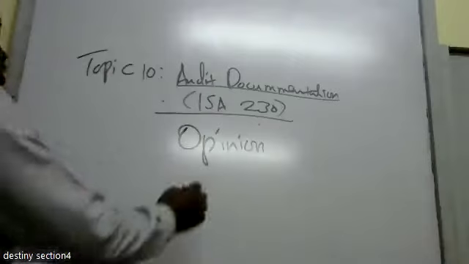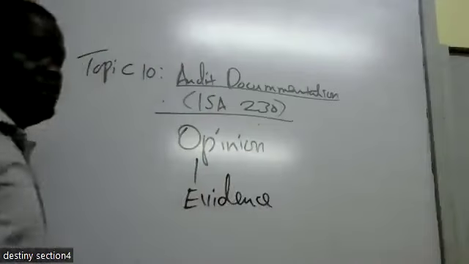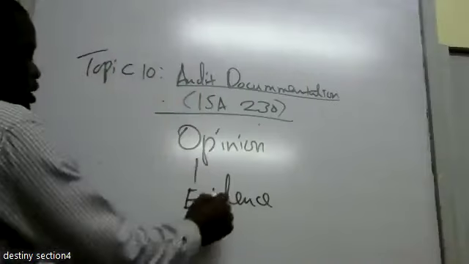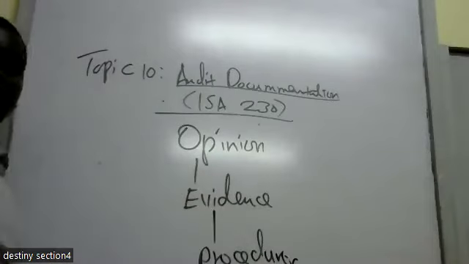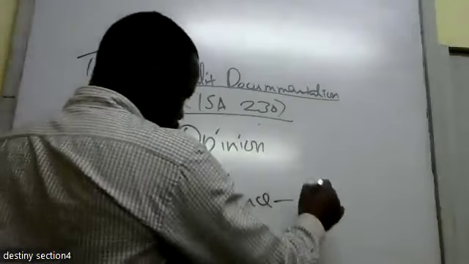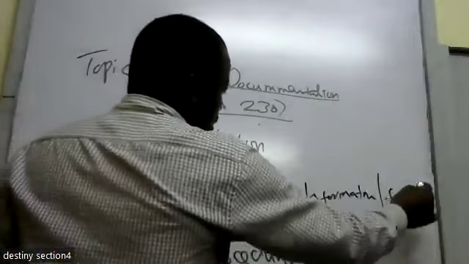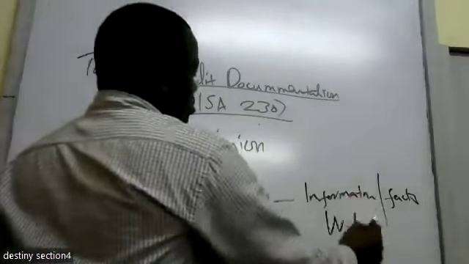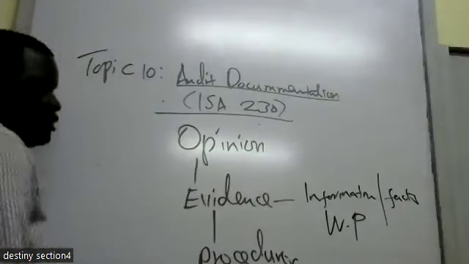For this to happen, auditors must have evidence. They must have audit evidence. So how do they obtain audit evidence? They obtain it by performing procedures. This audit evidence is material information, or maybe facts, and for that reason it needs to be documented in working papers, the audit working papers. All the evidence obtained by the auditor needs to be documented, either through the procedures or